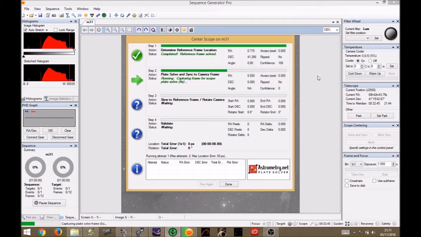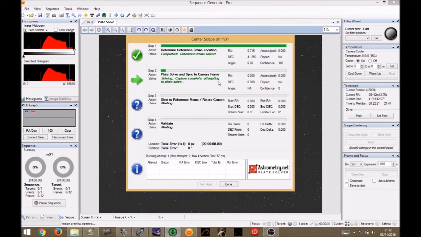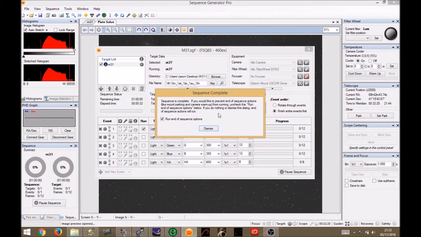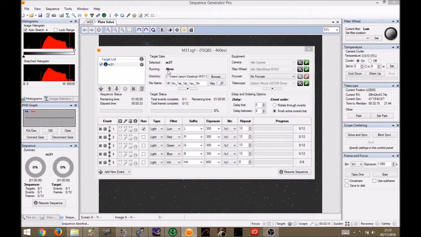Okay, now it's determining the reference frame location. So it has the reference frame already, which was the one underneath. It's now capturing an image, and it's going to plate solve. Now I was, okay, I'm just going to stop this for one second, purely because, now